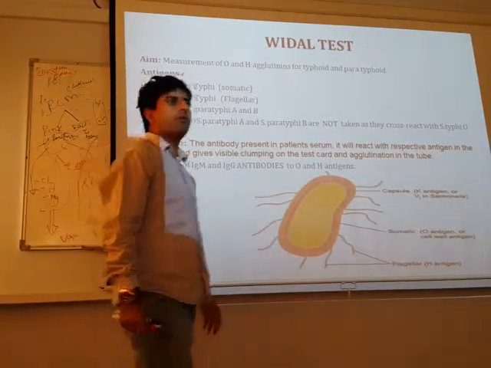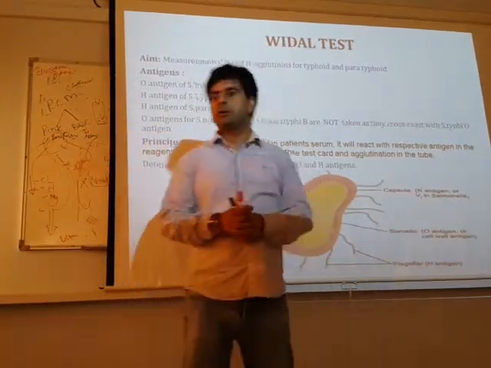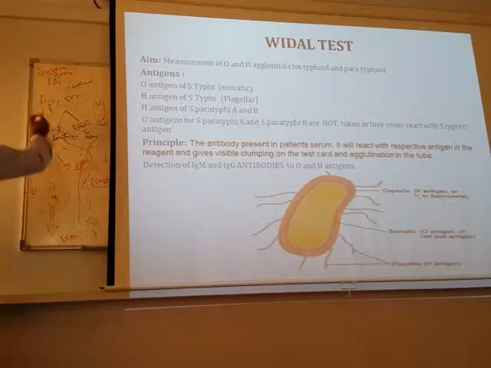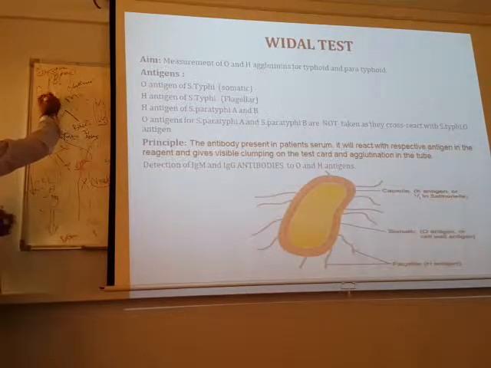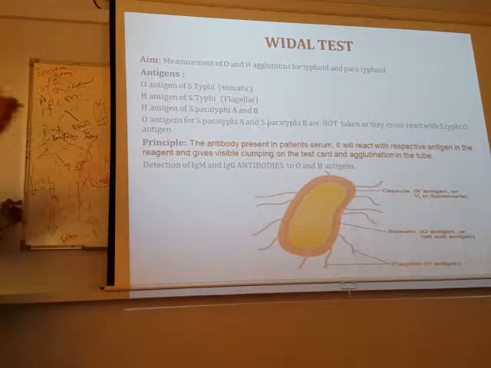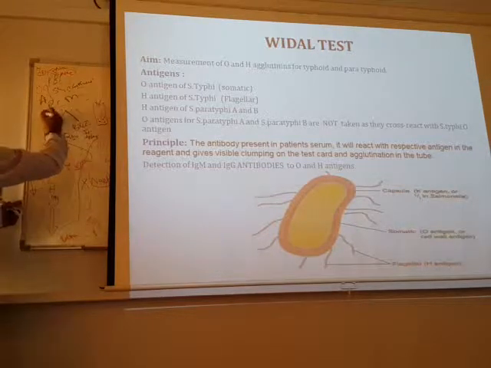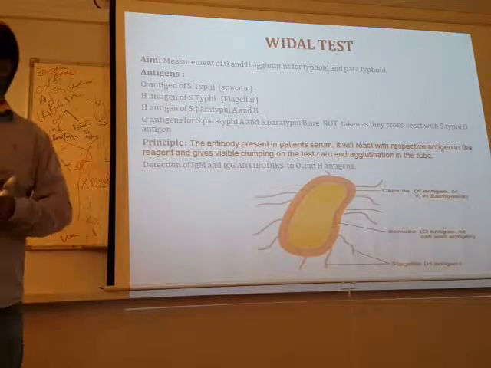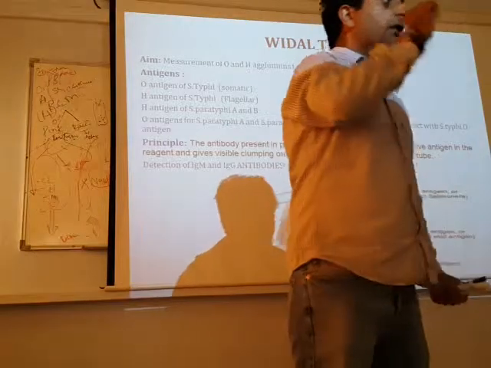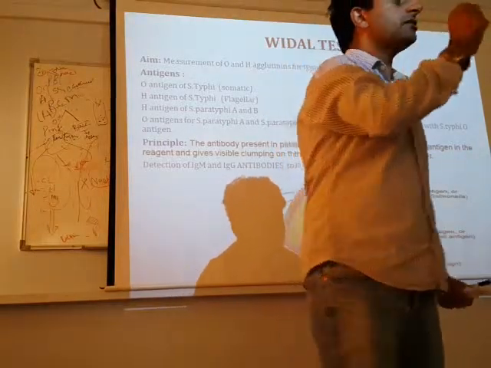Why do we not check O? Why did we not check the O antigen for paratyphi A and B? We check both the O antigen and H antigen of Salmonella typhi. But when we talk about the paratyphoid, we check only H. Why not O? Always remember this one, note it down. We never check the O antigen of the